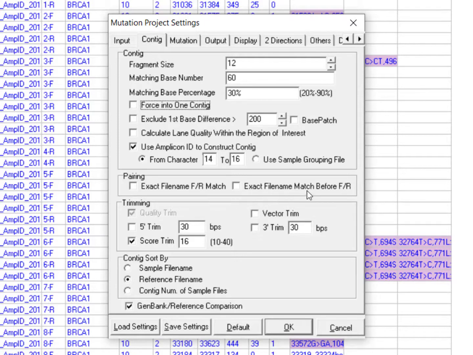The option requires that your sample files have a rigid naming convention. For example, if your sample pairs have identical names both before and after the forward-reverse designator, the first option would be suitable. If your file names are identical before the forward or reverse designator, then the second option would be suitable. The forward and reverse BRCA1 samples in this dataset have identical names before the forward-reverse designator, so I will